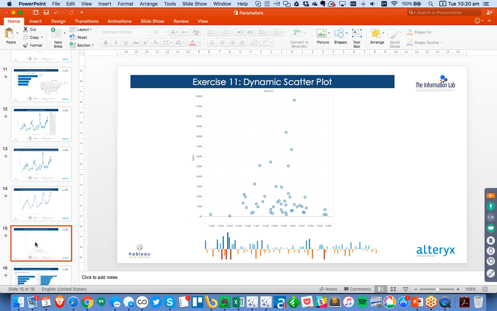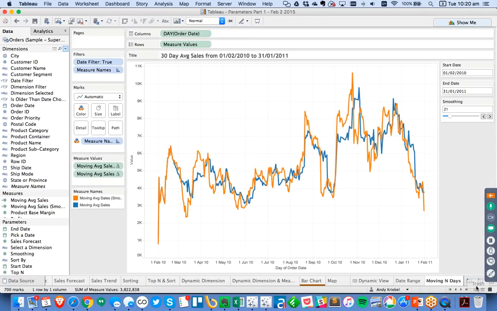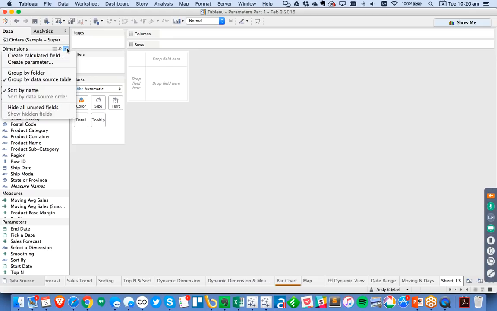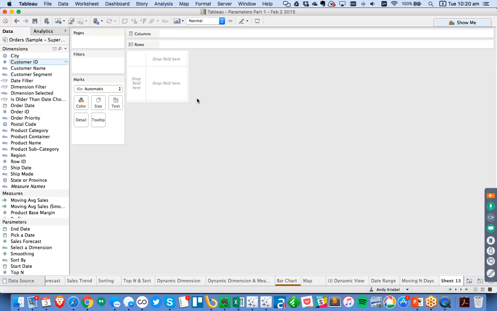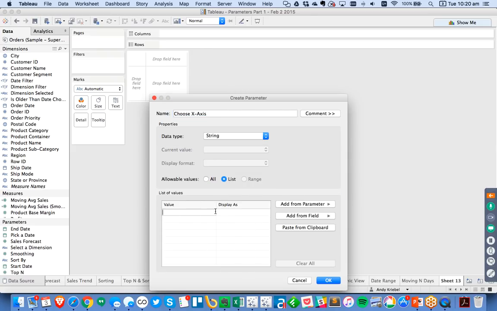All right. So the next one we want to get to is a dynamic scatter plot. So I'm going to create a new sheet. And this time, I'm going to create a couple of parameters. So the first, I'm going to basically allow my users to pick a couple of different measures. So I'm going to say choose x-axis. And here I'm going to make this a string to the list, and they could choose